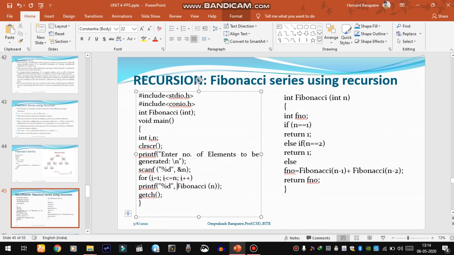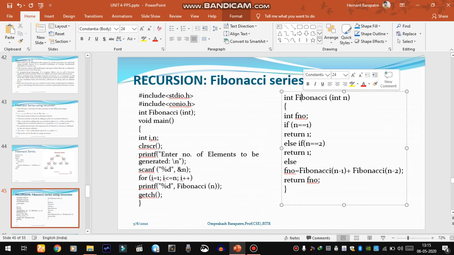Now this call to the Fibonacci function on input n, the control goes here, Fibonacci int n. This particular formal parameter will be used to calculate the next Fibonacci number.